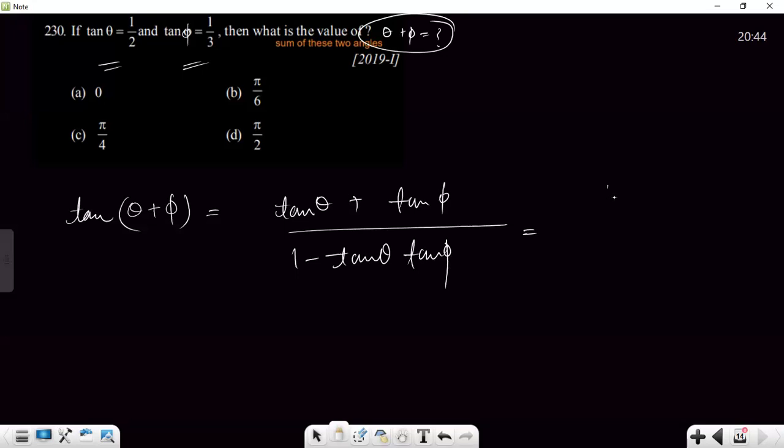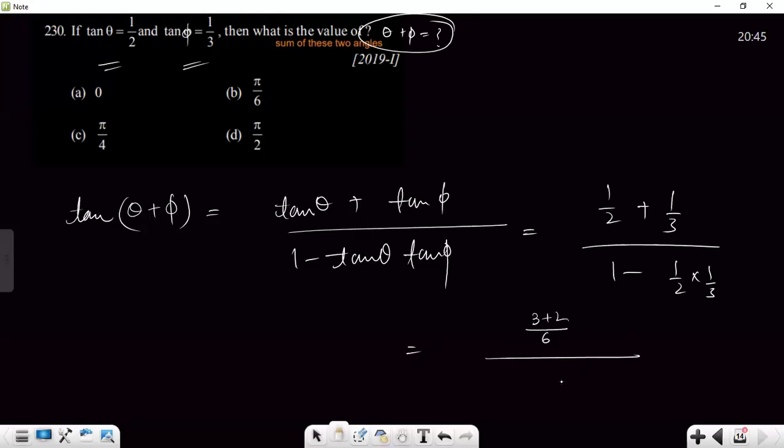Tan theta is half, tan phi is 1/3, so 1 minus 1/2 into 1/3. Taking LCM 6 in the numerator, 3 plus 2, and 6 in the denominator as LCM also, 6 minus 1. So this cancels each other. 5 by 5 becomes 1. It equals tan theta plus